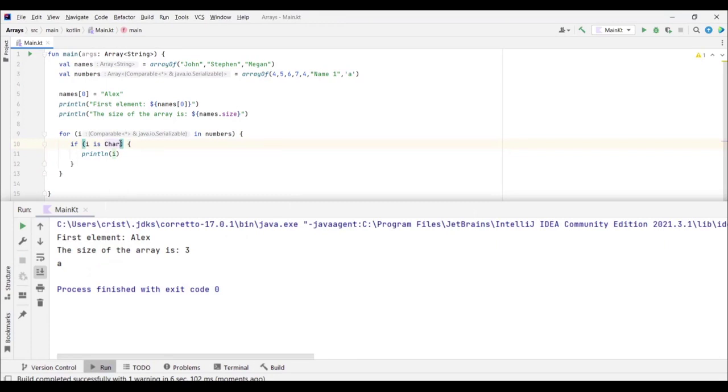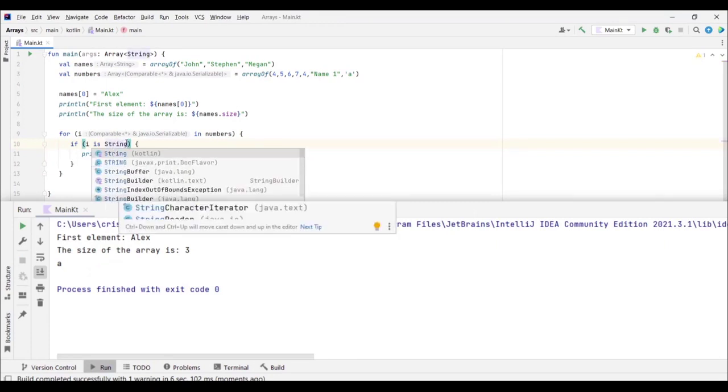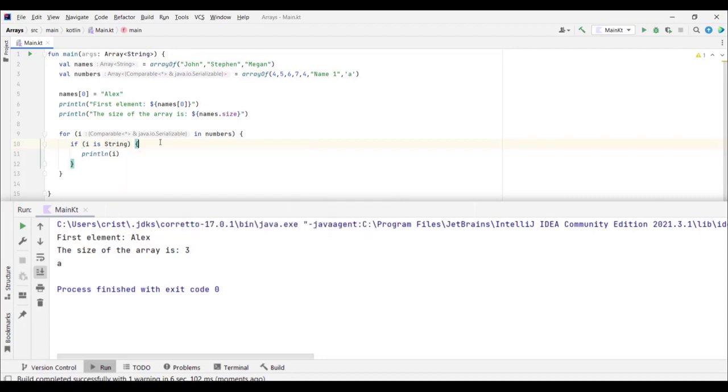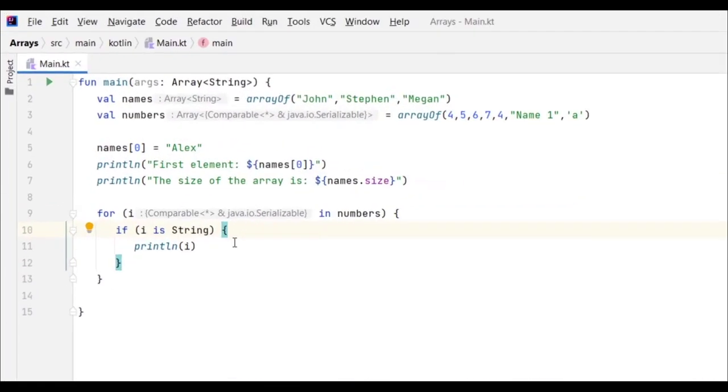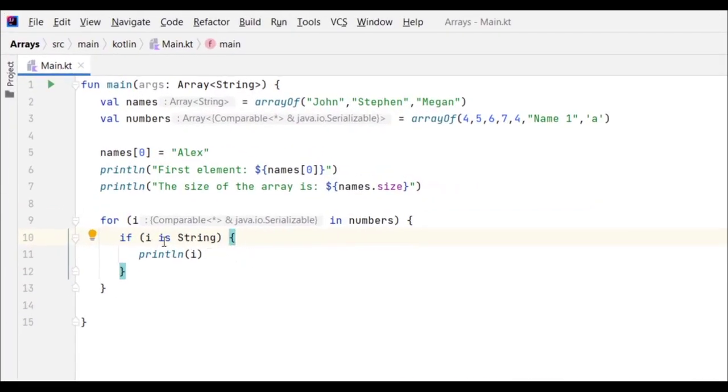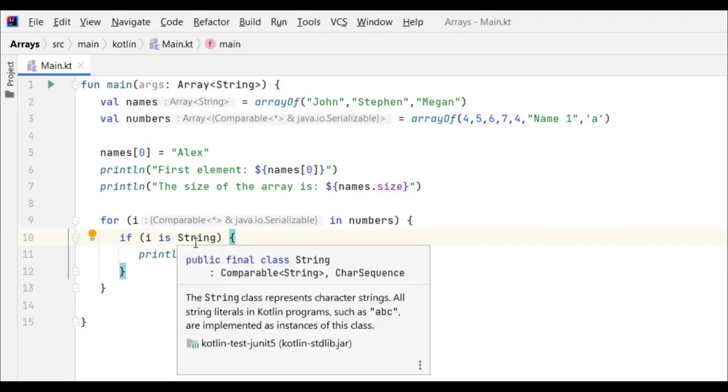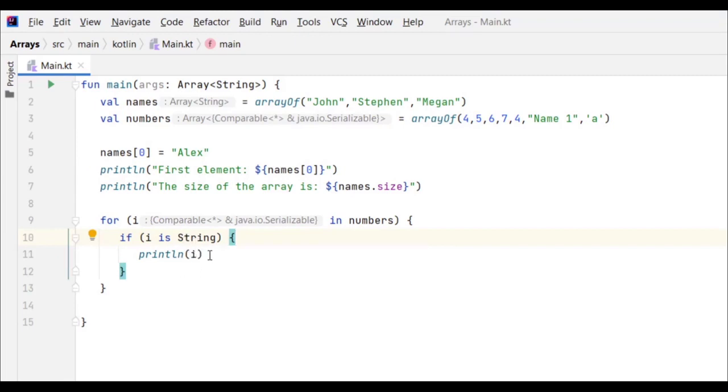So we have A, or you can check to see if this is a string, this element that we're looping at this particular iteration, let's say. So if you run this, you're gonna see in the console only name1, because only name1 is of type string. So you get name1. So this is very important to know that with the is keyword, you can check to see if a variable or a literal is of a certain type or if it's not,